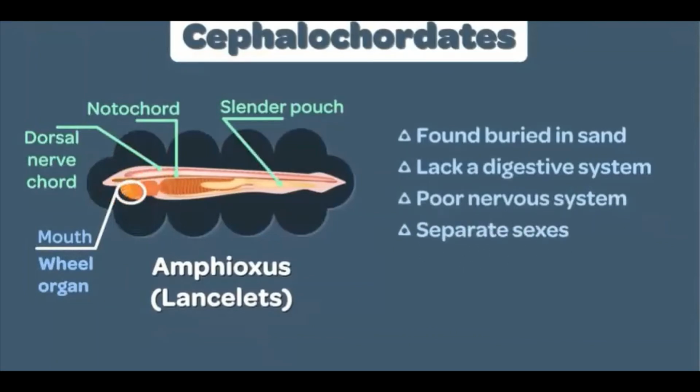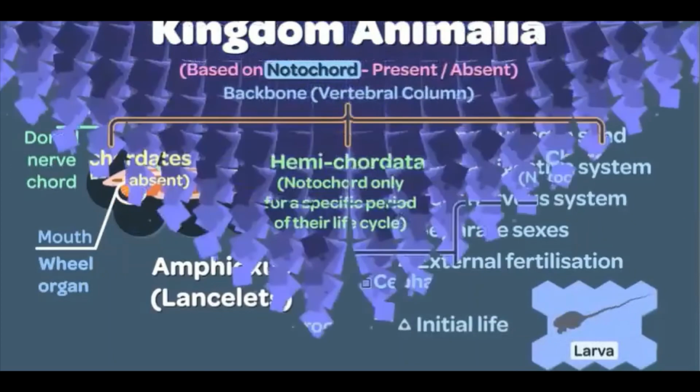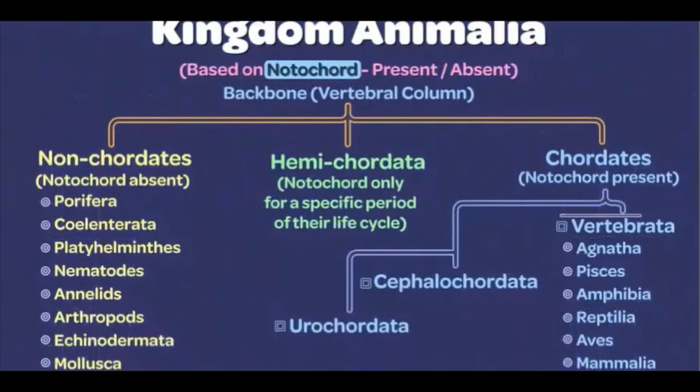Sexes are separate in the cephalochordates, and fertilization takes place externally. The initial life stages are spent as larvae, which seem to be fish-like free-living creatures. Now the next category of chordates are the vertebrates. This is a whole bunch of highly evolved and well-developed